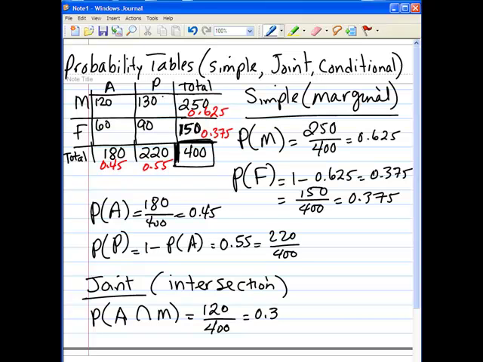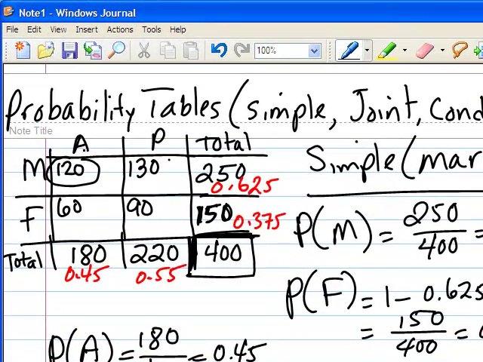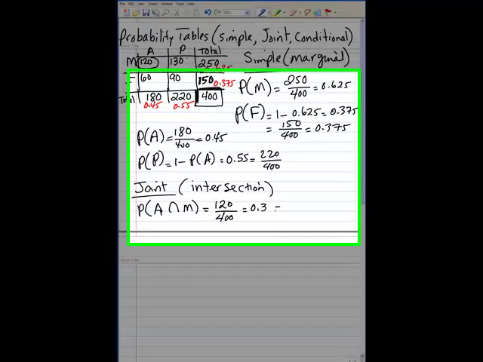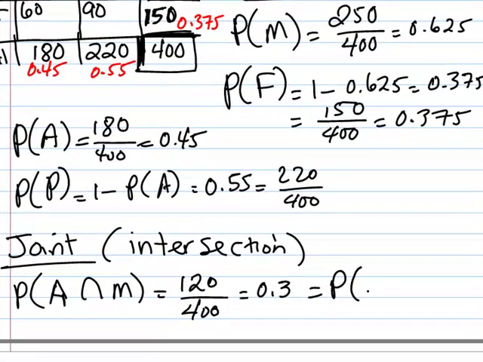So we can see that the 120 people right here are both male, and they are also buying a car because of its appearance. So that 120 has both of those characteristics present in it, and it doesn't make a difference whether I say probability of M and A, or whether I say probability of A and M. Either way, I'm looking at that group of 120, and 120 out of the 400